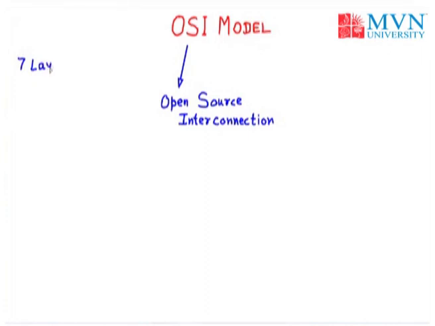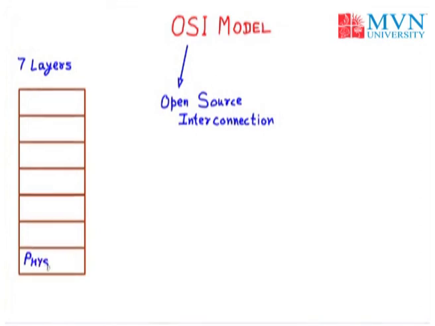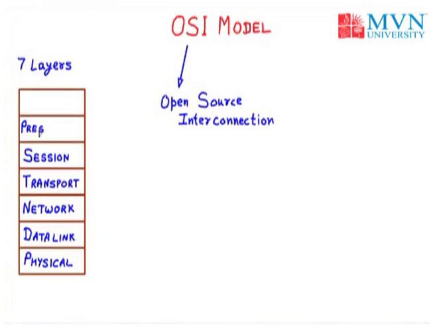An OSI model contains 7 layers. So we also call it the layered architecture with 7 layers. So we have the following 7 layers. At the bottom we have the first layer, called the physical layer. Secondly we have the data link layer. Third we have the network layer. Fourth we have the transport layer. Fifth we have the session layer. The sixth one is the presentation layer. And lastly the 7th layer is the application layer. We can also give numbers to these layers, with the physical layer as the first, up to the 7th layer. Well, basically we use the OSI model in telecommunication.